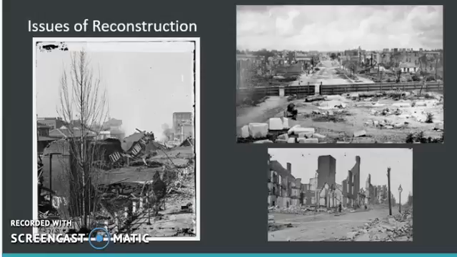William Tecumseh Sherman actually suggested a plan called 40 Acres and a Mule. If you've ever heard of that, he argued that we should literally give 40 acres of land and a mule to every African American in the South, or basically to every African American family. That doesn't happen, but it was a fairly popular idea.